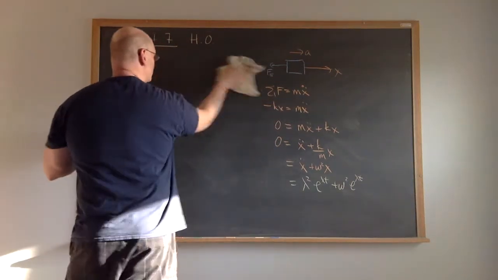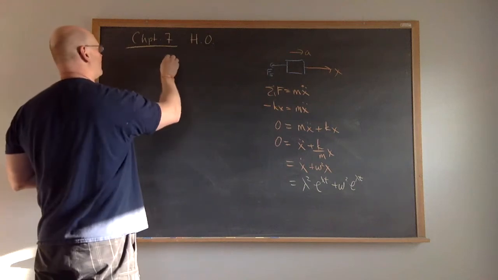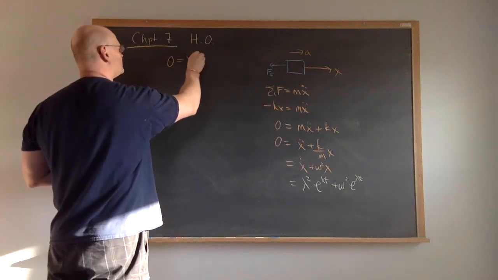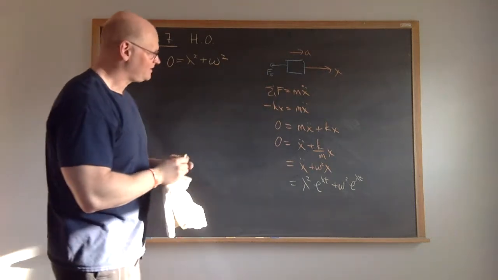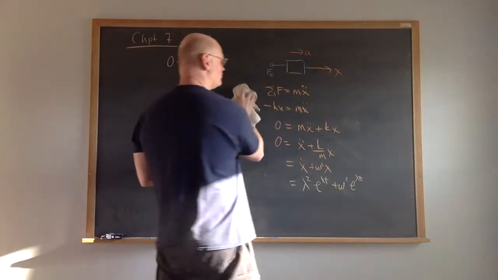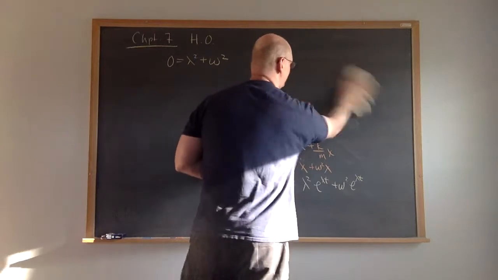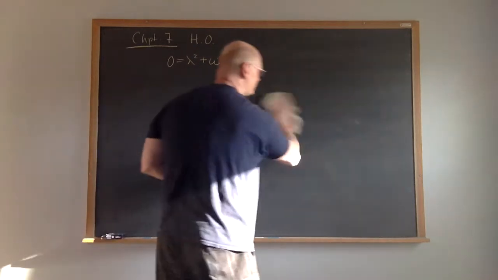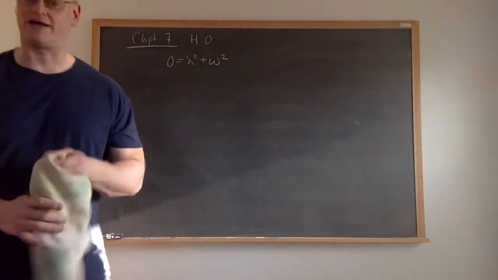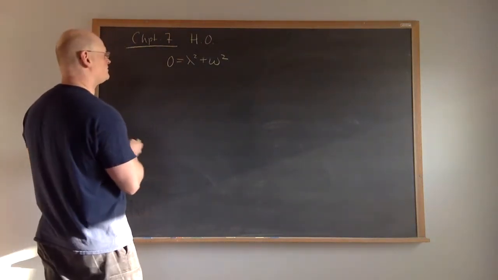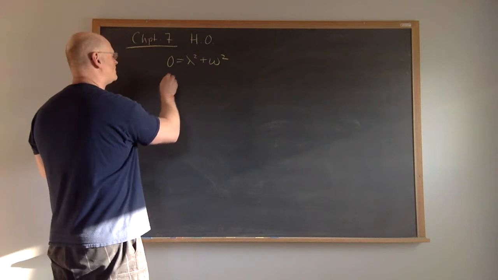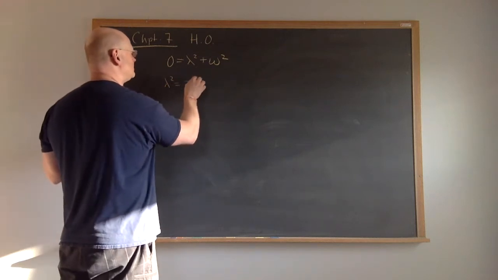And the characteristic equation in this says that 0 is equal to lambda squared plus omega squared. So here, this is going to tell me the allowed values of lambda. Once I know the allowed values of lambda, then I can put them into my solution for my second order differential equation. So here, solving this for lambda simply says that lambda squared is equal to minus omega squared,